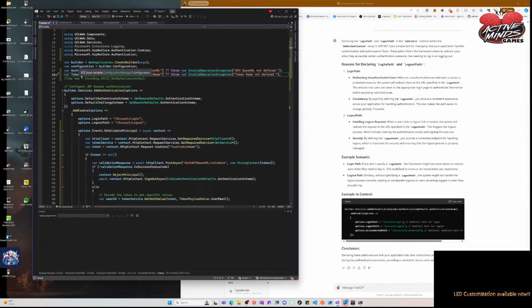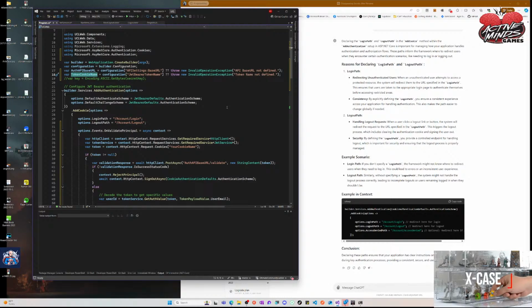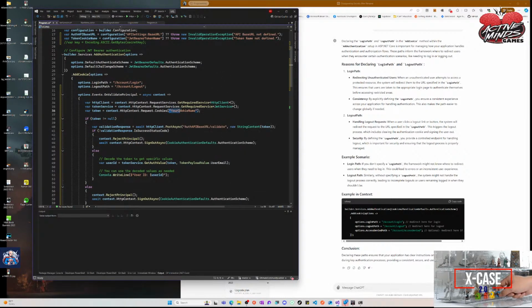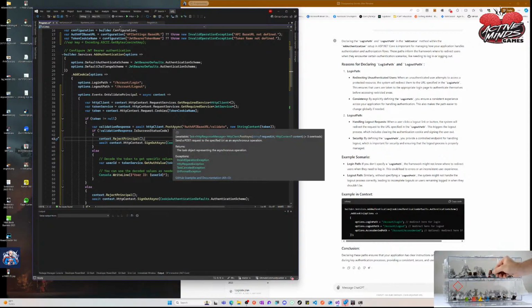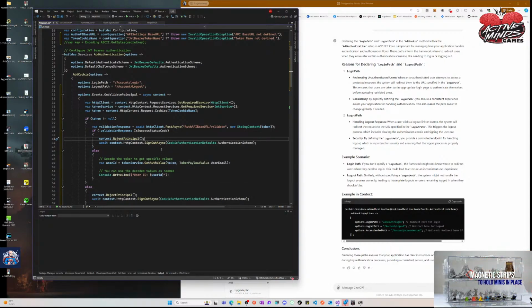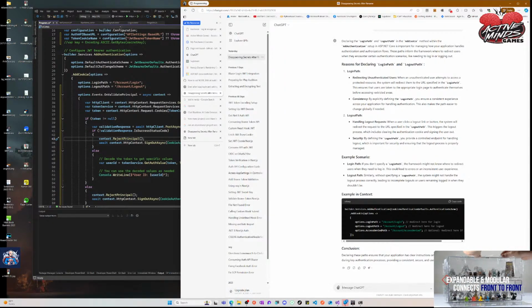Okay, so now we can take this cookie name. We can go down here, and we're going to put it right into there. All right, so we have that. We have our Auth API base URL, which I still don't think I'm calling that correctly. I'm thinking this has to be like, how do I, okay, so there's a way to do this. I know in React you can do squiggly brackets and combine, but how do I do it in C#? Okay, in Blazor Web App,